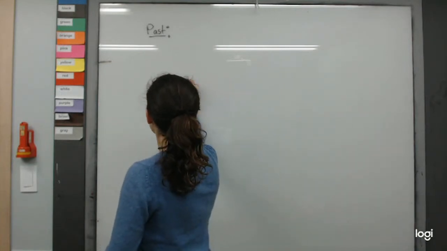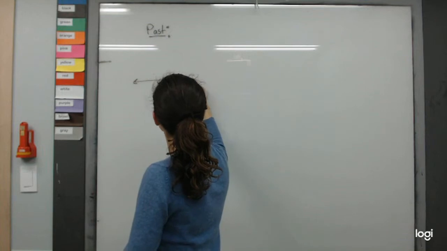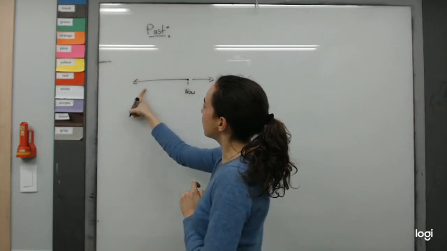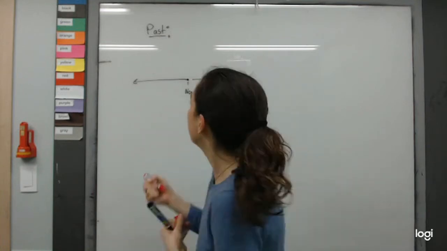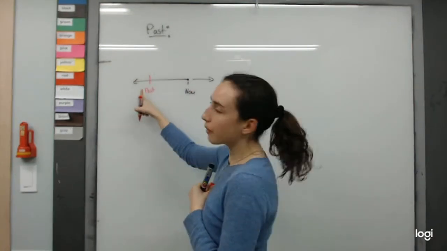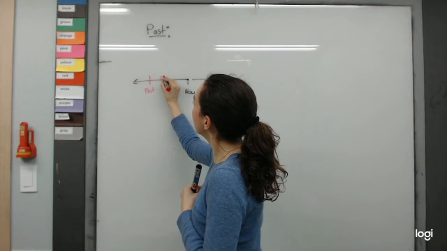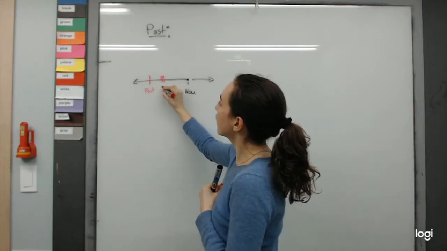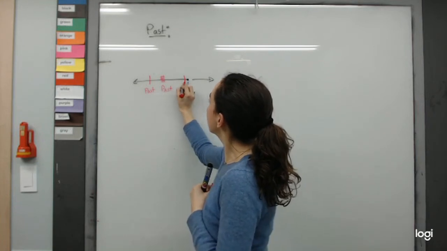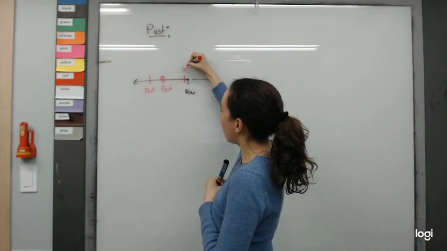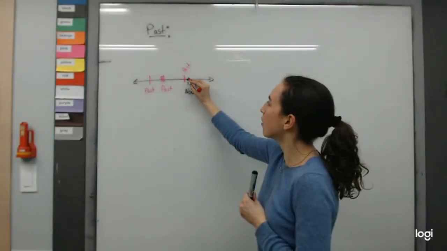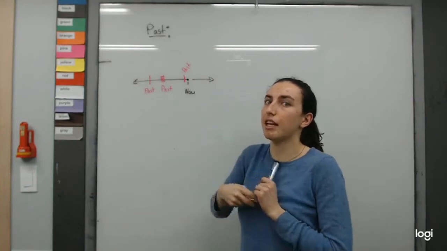So here, if you make a timeline, this is now, and this is going into future, this is going into past. Past tense verbs we have here, past, very quick finish, or maybe here. We did for a little bit and then finished. Or here, very quickly, almost now, but still before now, we finished. So if we have here or here or here, we do not use past tense because it is not finished,